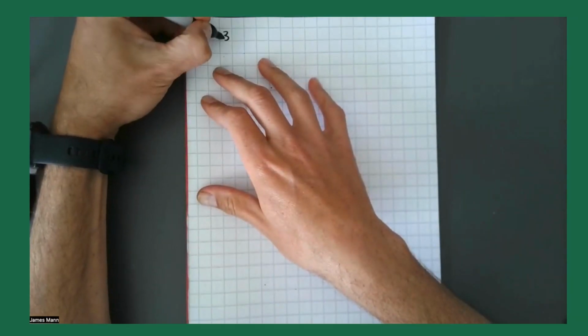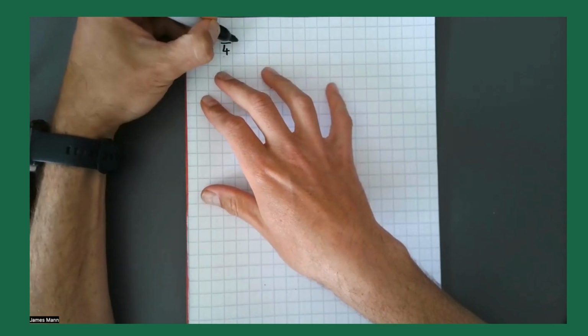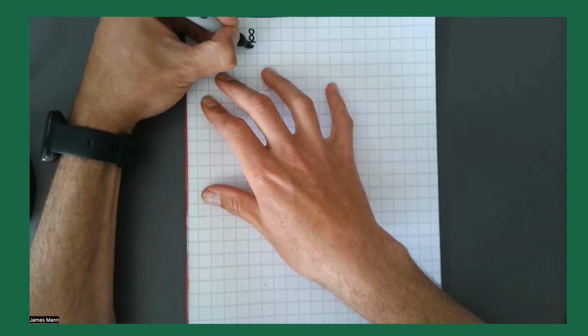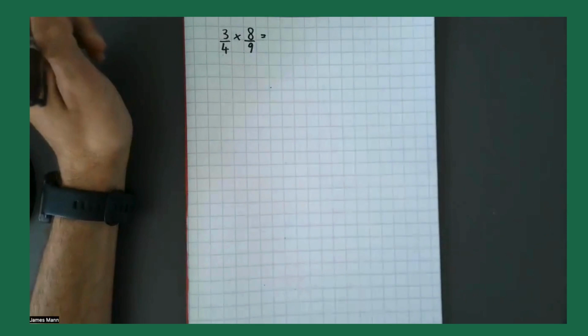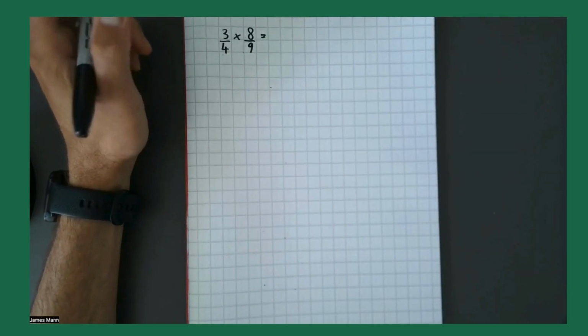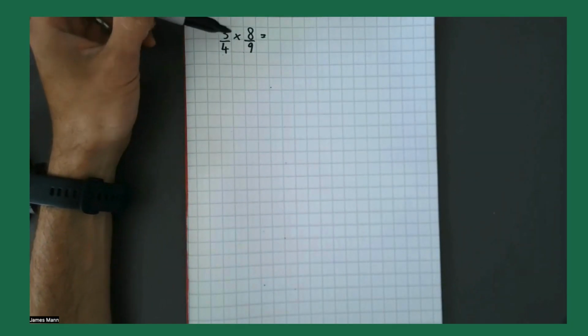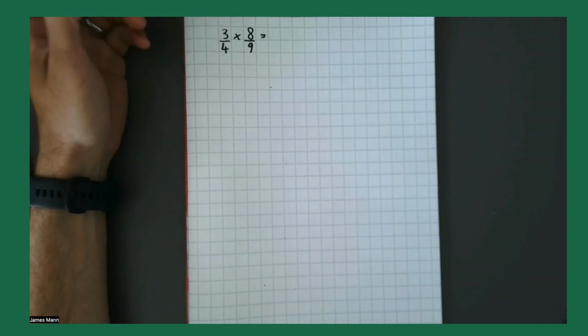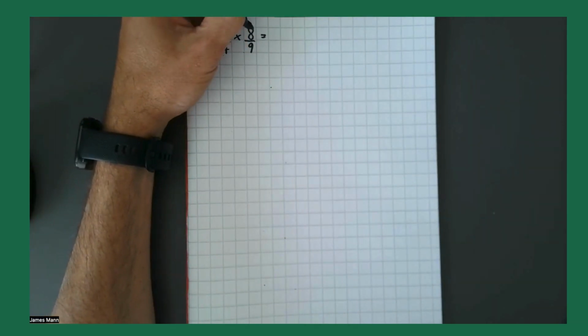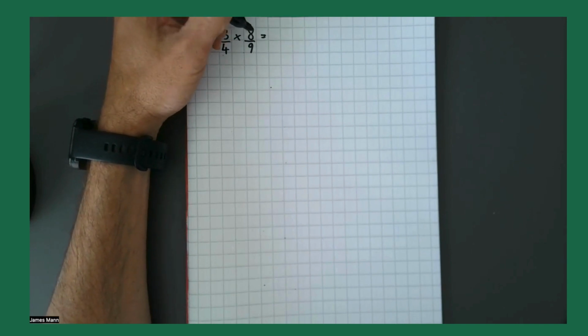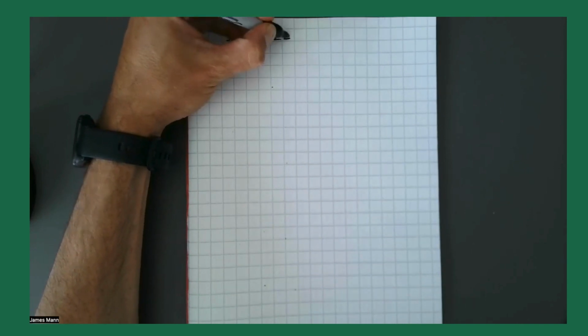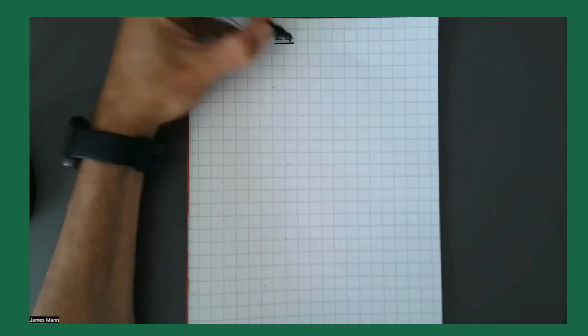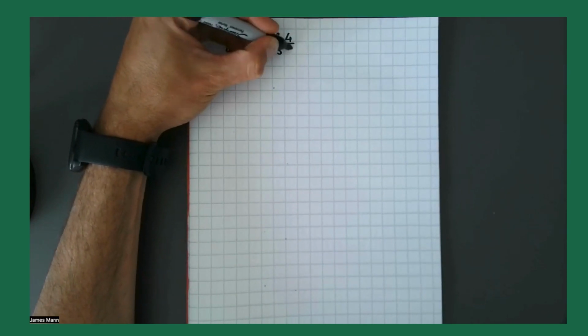Okay, so let's have a look at multiplying and dividing fractions. Here's my sum. I've got 3/4 multiplied by 8/9. With multiplying fractions, it's a nice, easy technique or method, and it is simply multiplying the numerators together and then multiplying the denominators together. Sometimes our questions will ask us to simplify it, and we'll get onto that in a second. So if we multiply 3 by 8 and then 4 by 9, it should leave us with the fraction